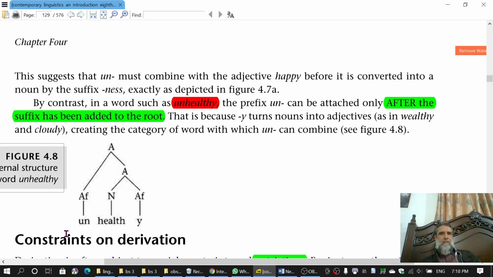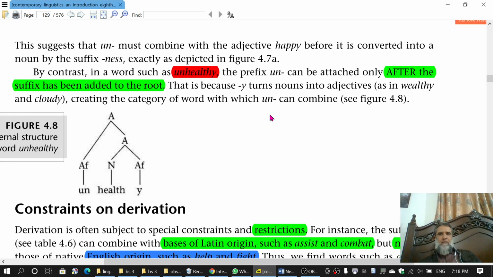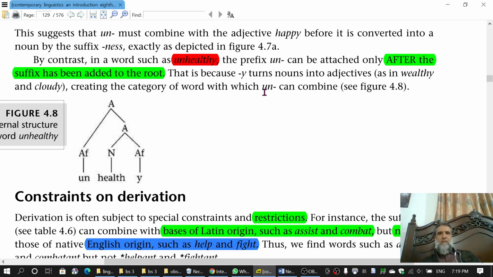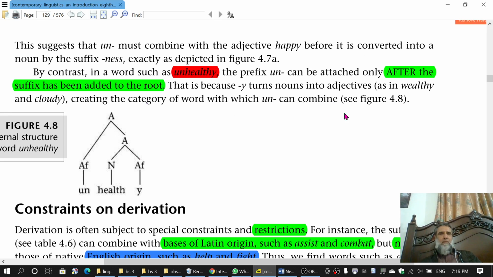तो ये डिफरेंट है, चूंकि ये health नाउन है तो इसके साथ un पहले नहीं लगाएंगे, पहले y लगाएंगे जो कि सफिक्स है। By contrast, in words such as unhealthy, the prefix un can be attached only after the suffix has been added to the root. Suffix y लगाने के बाद इसको अटैच करेंगे। That is because y turns nouns into adjectives, y noun को एडजेक्टिव में तब्दील कर देगा, तो फिर एडजेक्टिव के साथ हम un लगाएंगे, as in wealthy and cloudy, creating the category of word with which un can combine. तो हमने कैटेगरी इंट्रोड्यूस की healthy जो कि एडजेक्टिव है, ताकि un उसके साथ अटैच हो जाए।